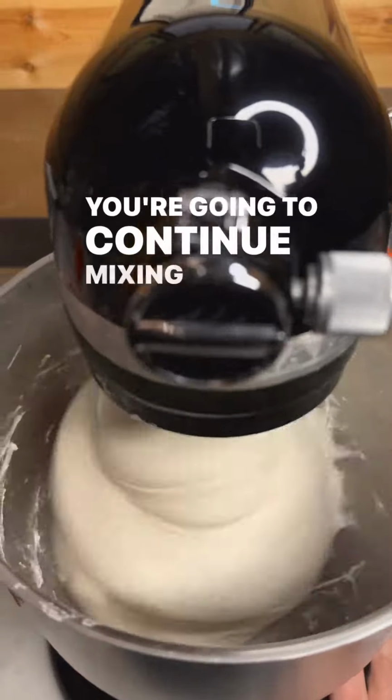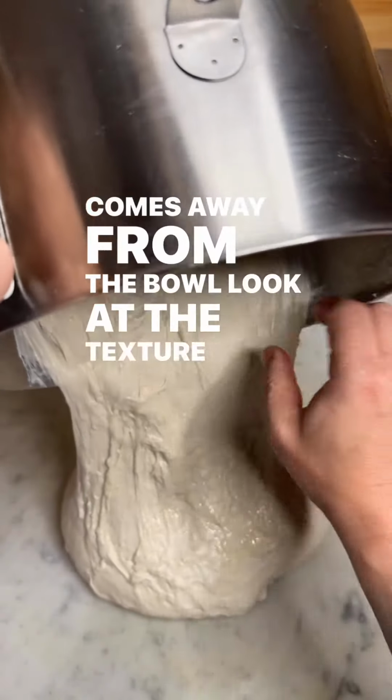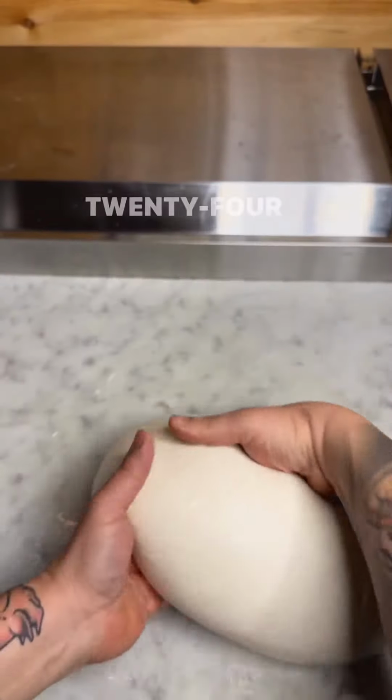You're going to continue mixing on the highest speed until it comes away from the bowl. Look at the texture of this dough. It's amazing. Give it a couple of folds and refrigerate this for 24 hours before